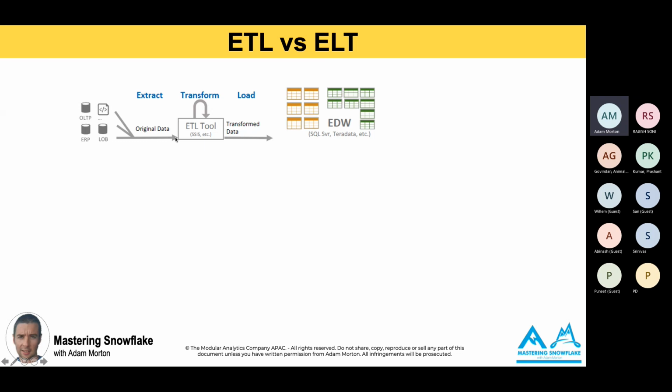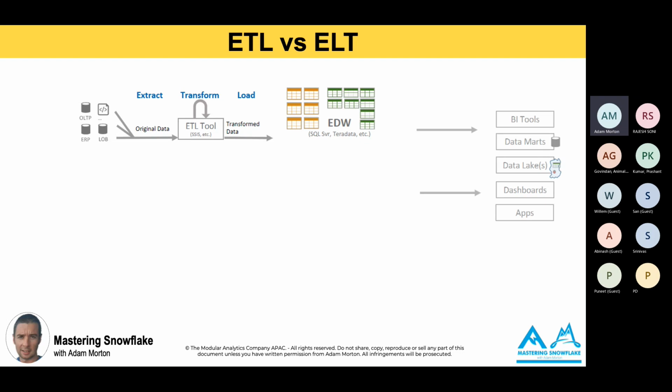You need to extract that data using a dedicated ETL tool, which sits on its own resources, such as SSIS or Informatica, for example. That tool would transform the data because you were so squeezed with the available compute you had on the warehouse when people were querying it as well. You had to rely on the resources of the ETL tool to do the transformations before you finally loaded it into the warehouse and made it available.